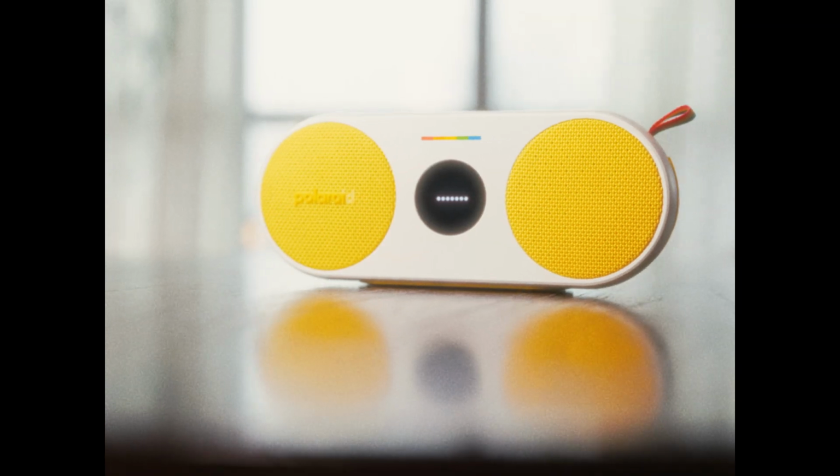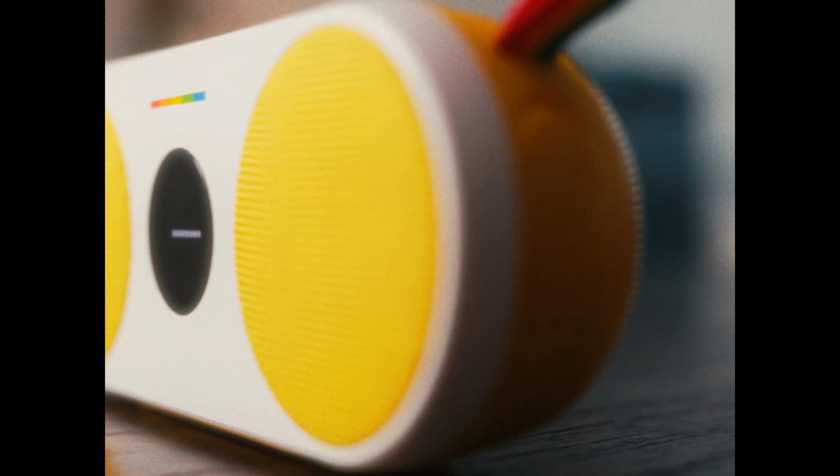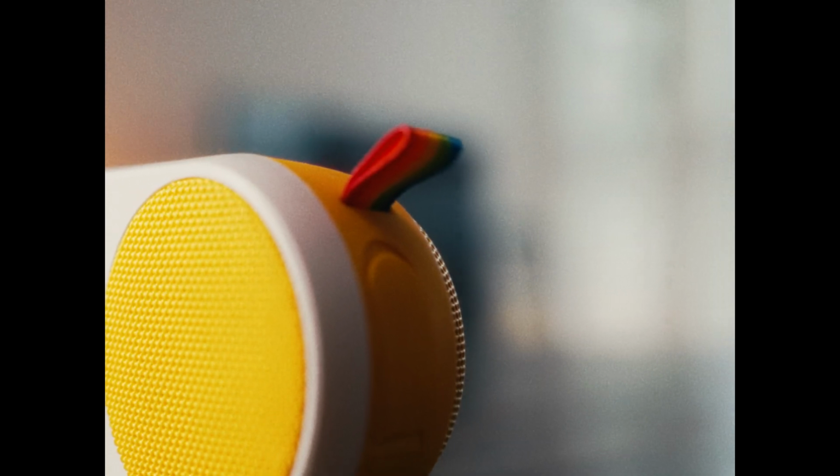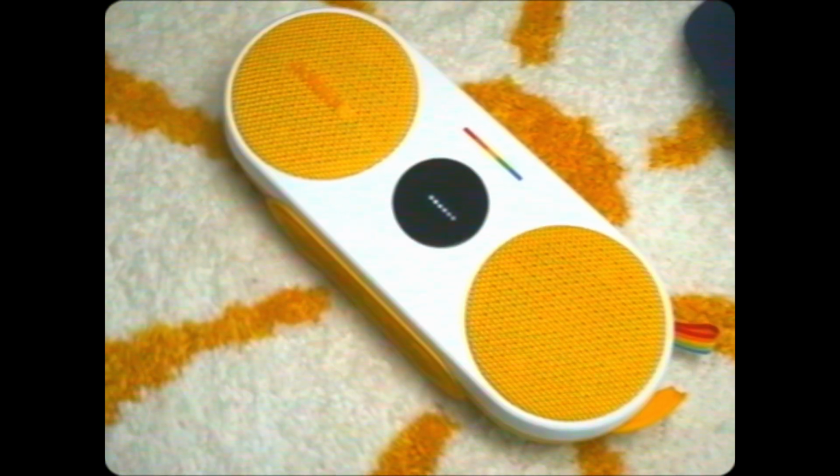Now, this is the biggest reason I'm not going to recommend this speaker to you. It's not waterproof, like, at all, in any way. I thought maybe because it had this sealed little flap here that it would be to protect it against water or dust, but this speaker actually has no IP rating whatsoever. That being said, I do use this speaker while I'm in the shower to listen to music, with it just placed outside, and I haven't had any issues with it yet, but still, at that price,